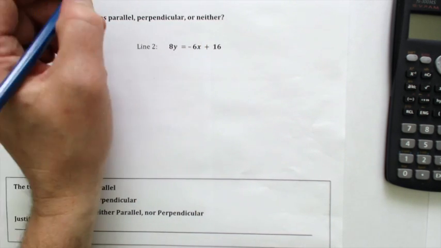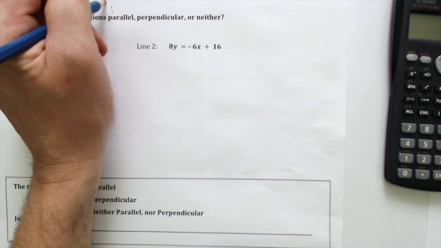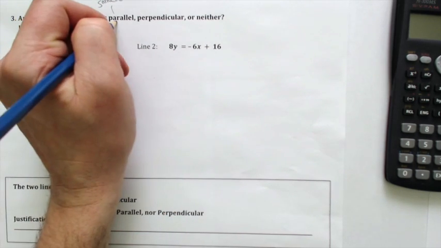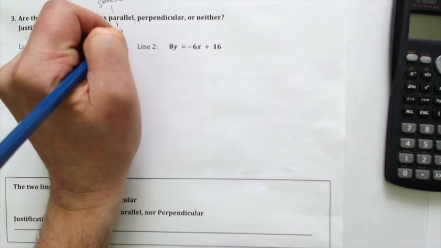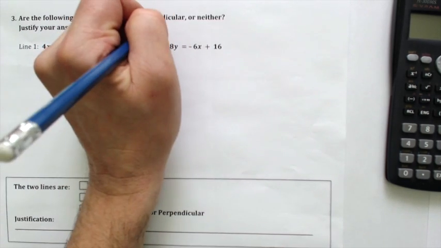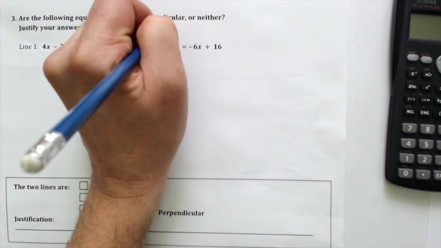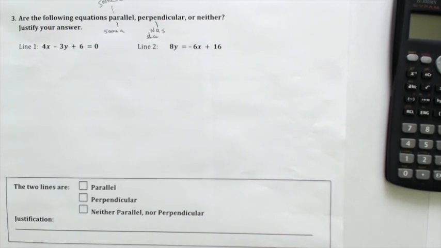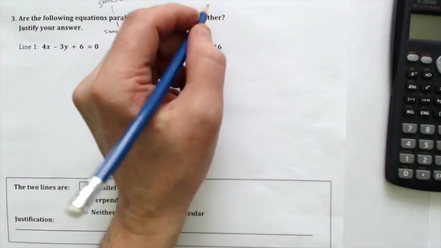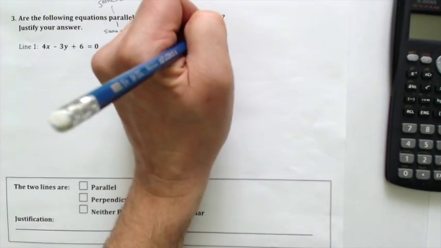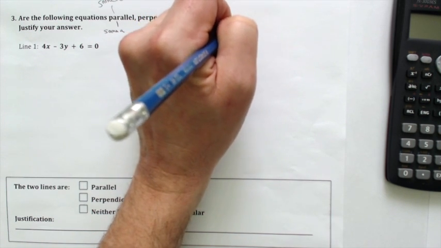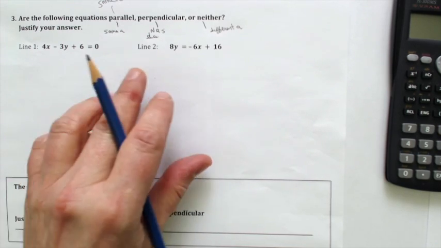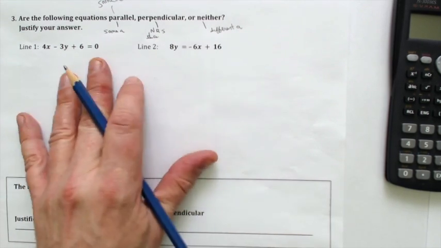Well, quick reminder: if they're parallel, they'll have the same A. Perpendicular lines have negative reciprocal slopes, or perpendicular A's, if that's the sign for perpendicular. And neither parallel nor perpendicular means they just have different A's, but not negative reciprocals. So regardless of which of the 3 instances is going to occur here, we can't do